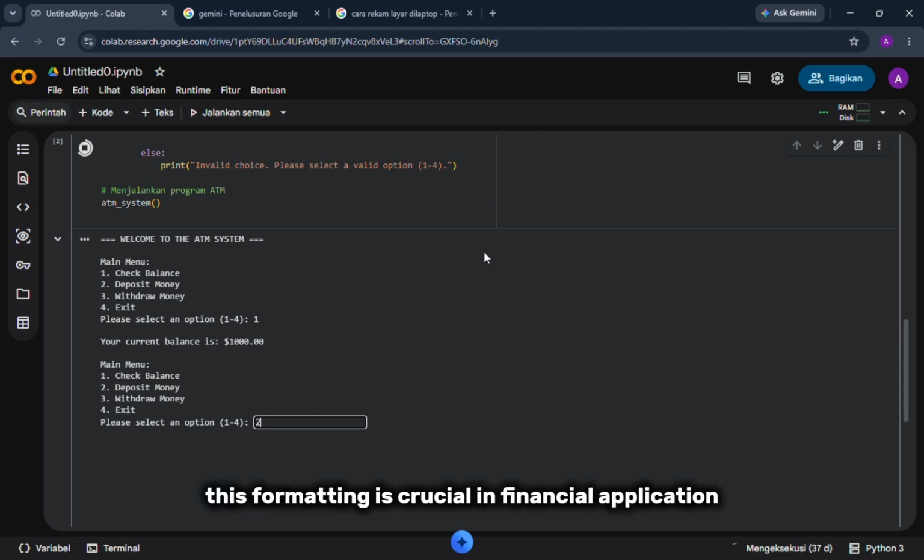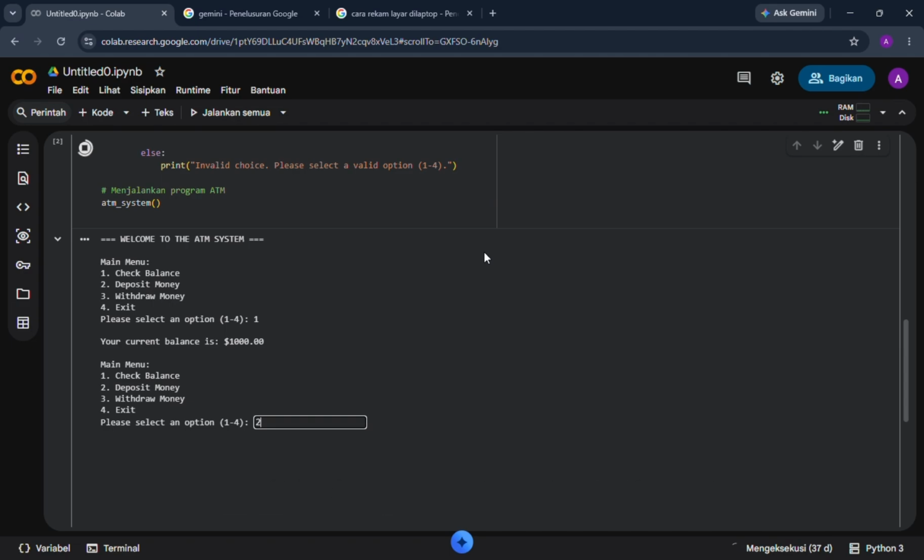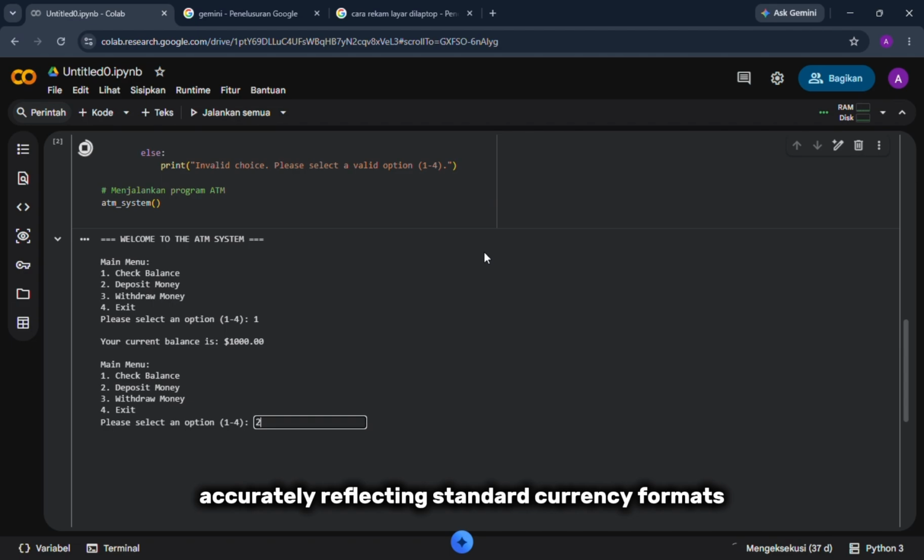This formatting is crucial in financial applications to ensure the balance is always cleanly displayed with 2 decimal places, accurately reflecting standard currency formats. Moving on, if the user selects option 2, the program opens the deposit feature.